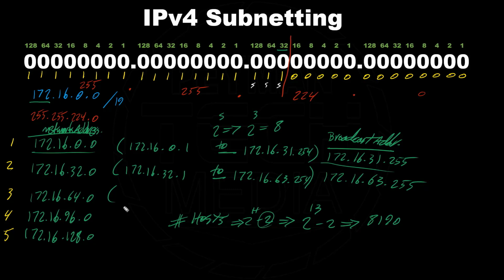Same thing applies on this subnet. We will have 8,190 available IP addresses and so on. So remember, this subnet mask 255.255.224.0 will give us 8 subnets, and in every subnet we will have 8,190 available IP addresses. I can continue on to the next one, and the next one, and so on. It's exactly the same process. Just on the last one,